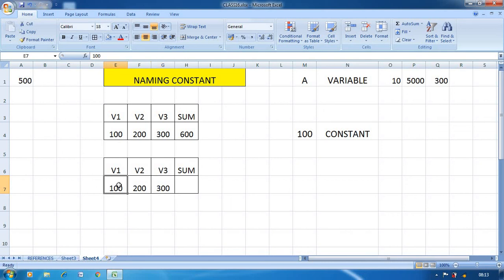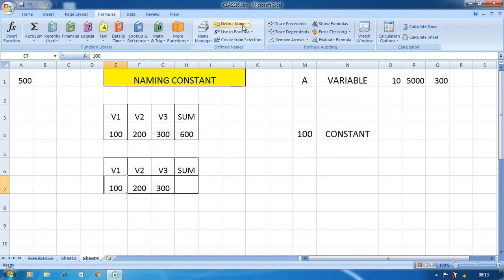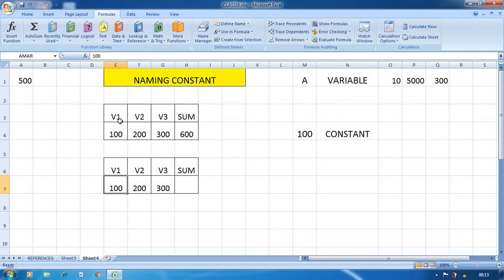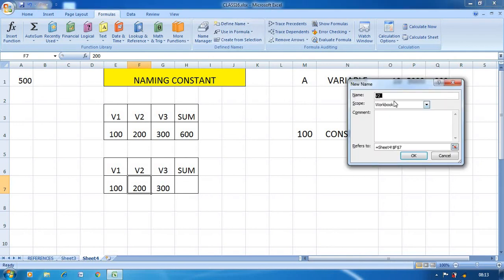First place the cursor at 100, then click on the Formulas tab, then click on Define Name. Here it opens a new name option. Instead of the name V1, I will give it as Amar. Then for 200, Formulas, Define Name, here I will give it as Akbar.